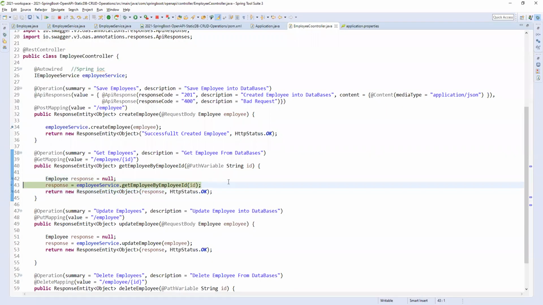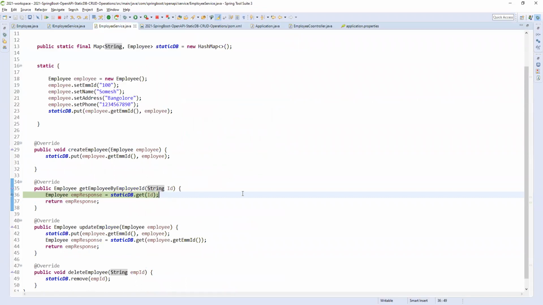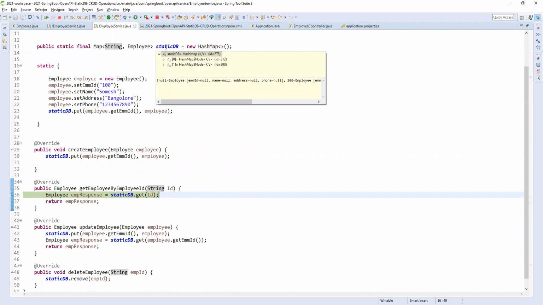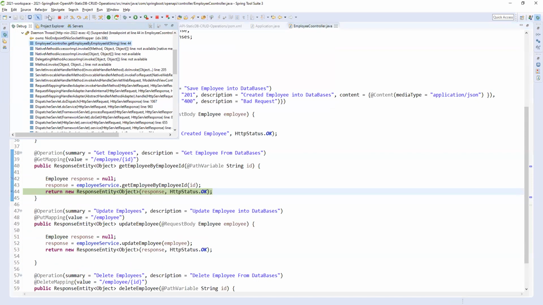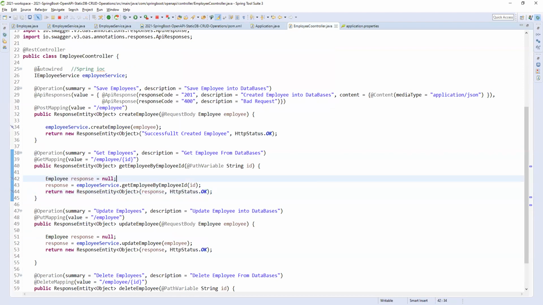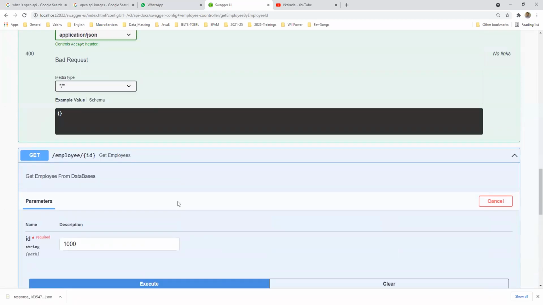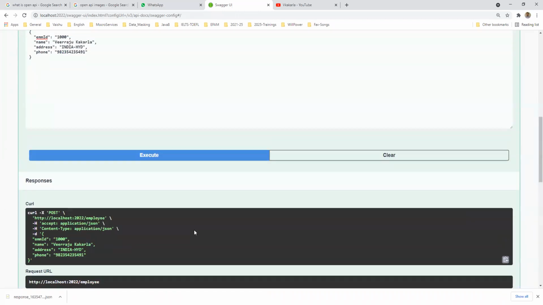We are coming here, and whenever we are coming here, save employee we have already given. Oh, why is it like this? For 100 it is okay. It is saving null. So that is the reason we are not getting the name and all. We will see now why it is coming null. That is what we need to debug. So that is the reason we are not getting anything. For save employee, we will check why it is null.